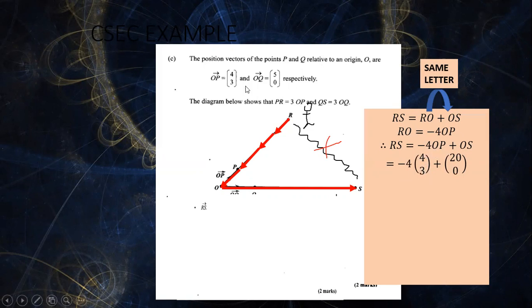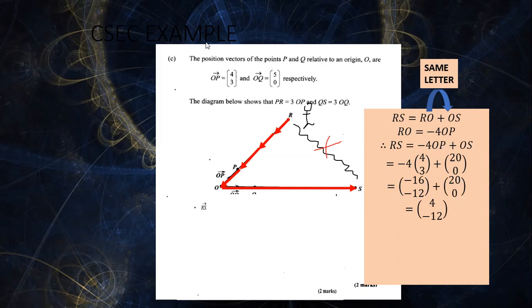Where did this 4, 3 come from? OP is 4, 3. So negative 4OP is going to be negative 4 multiplied by 4, 3. Plus OS. OS is going to be 20, 0. We have gotten OS in the previous question. And if you remember, go back and just perhaps rewind the recording a bit. You'll get what OS is, which is 20, 0. So we're going to simplify this. Negative 16, negative 12 plus 20, 0. Negative 16 plus 20 will give me 4. Negative 12 plus 0 will give me negative 12. So that is going to be